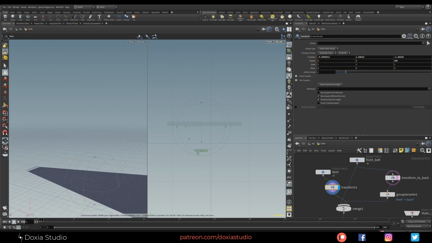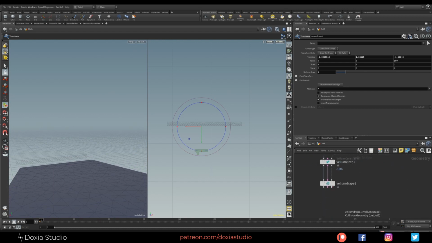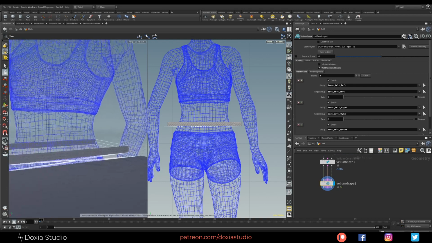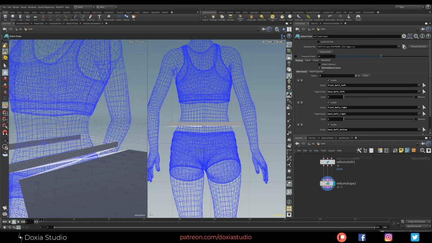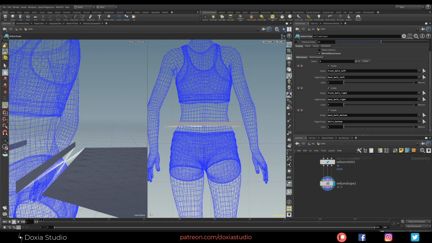Okay. Now you'll see that when we wire everything with the drape, our stitches, our seams are flipped. Sometimes this happens when you rotate your planer patch and something like that. And don't be afraid, because we have a few options here on the vellum drape. We can reverse.